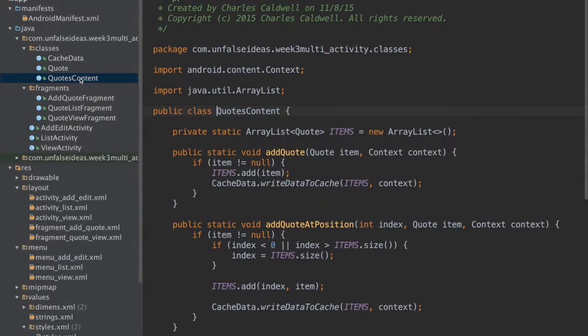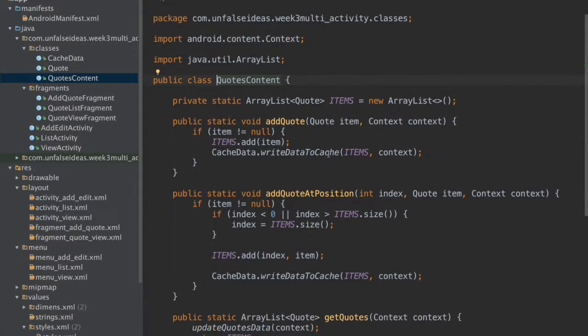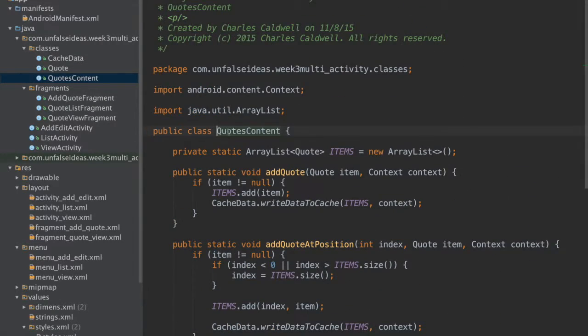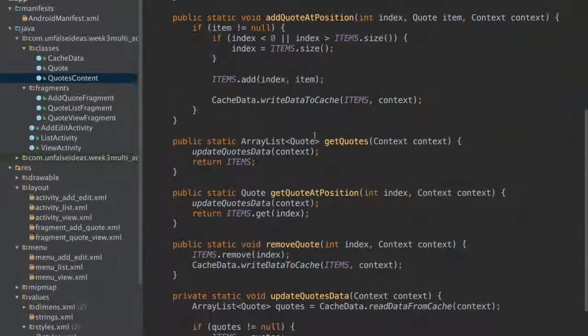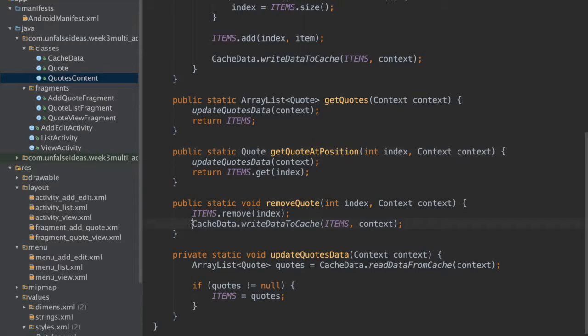And we are writing all this to the cache using this quotes content and a bunch of static methods on here. And we're using some carefully placed write and read methods around here. Now my original intention, which is where the majority of the difficulty this week came from, was trying to figure out a good place to put these. I was originally putting them in the onResume and onPause methods for each of the activities, but as it turned out, so what happens when I would go from one activity, say from the view activity over to the list